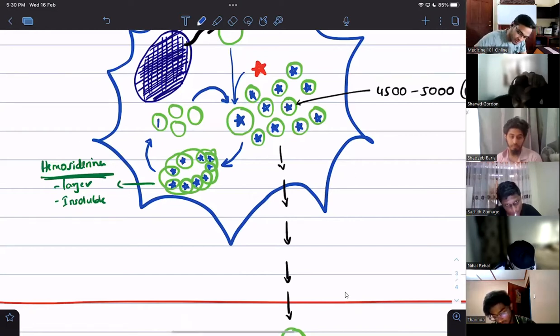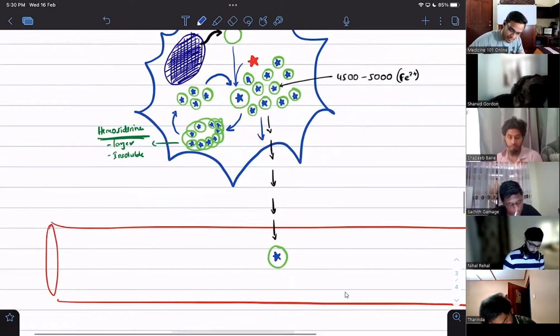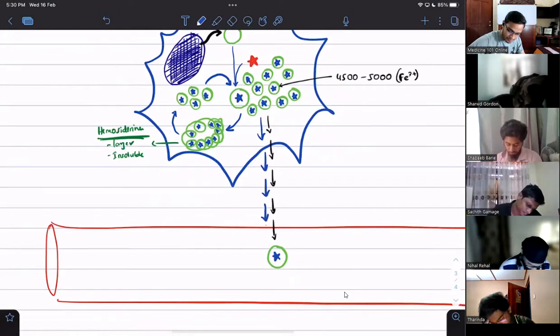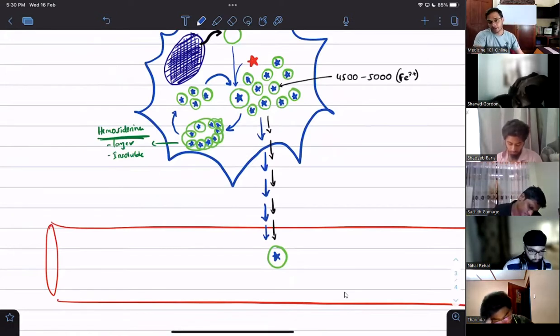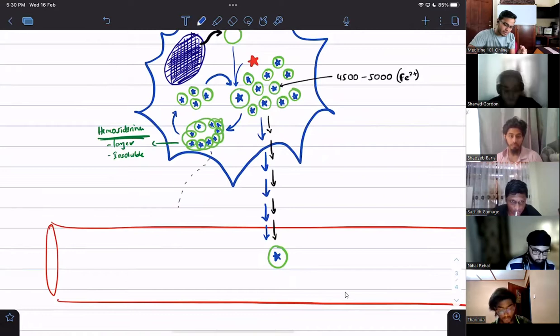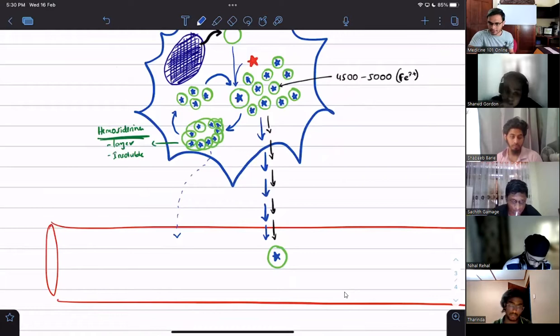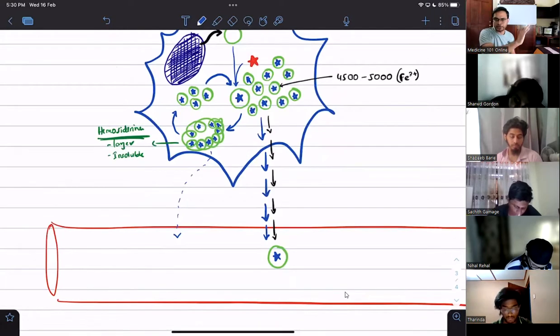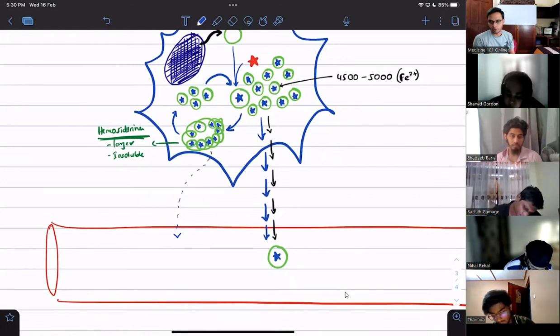And what did we say about the ferritin? As required, ferritin can be easily brought into the blood, right? Hemosiderin, guys, not that easily brought into the blood. And if hemosiderin is so much in excess that it starts leaking into the blood, there is going to be a problem. We call this hemochromatosis. We'll talk about this later. But the ferritin can be brought, no problem. Hemosiderin usually not brought, unless there are some underlying pathologies, which we'll talk about later.